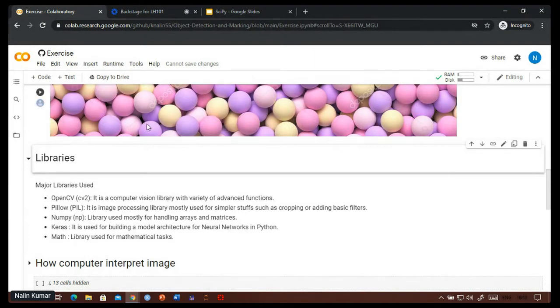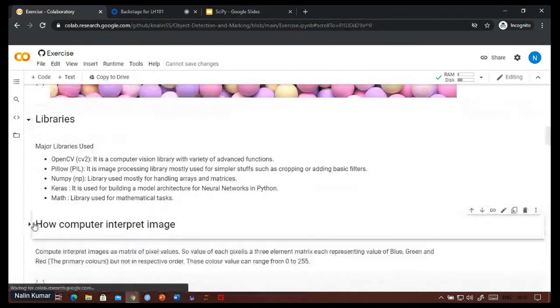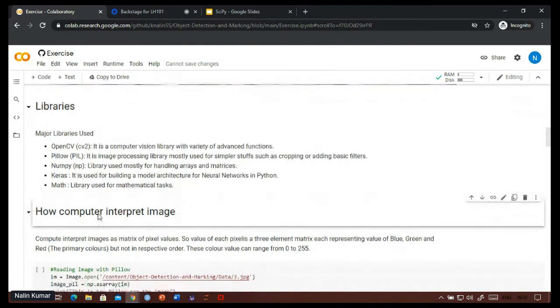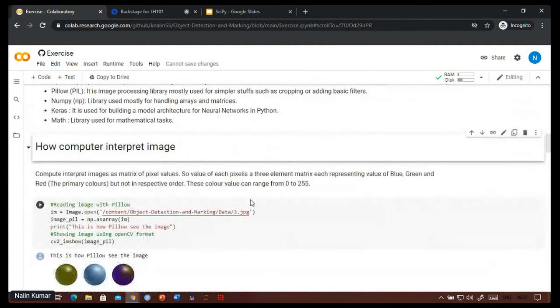Okay, so let's see how these images are interpreted in our code. First, we should understand that an image is essentially a matrix where each element is a pixel value. You divide the image into a grid of pixels, and each block is called a pixel.